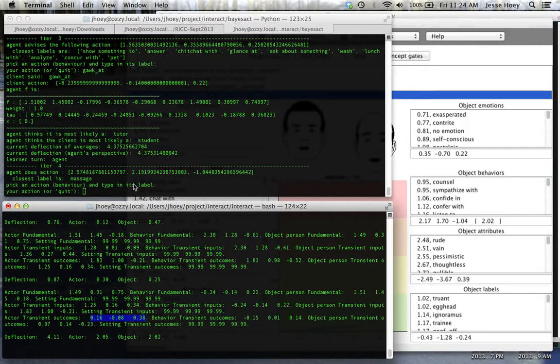So this is, I'm going to stop the simulation there. This is pretty much as close as we can get with a reasonable number of samples in Bayesact to what Interact does. In the next